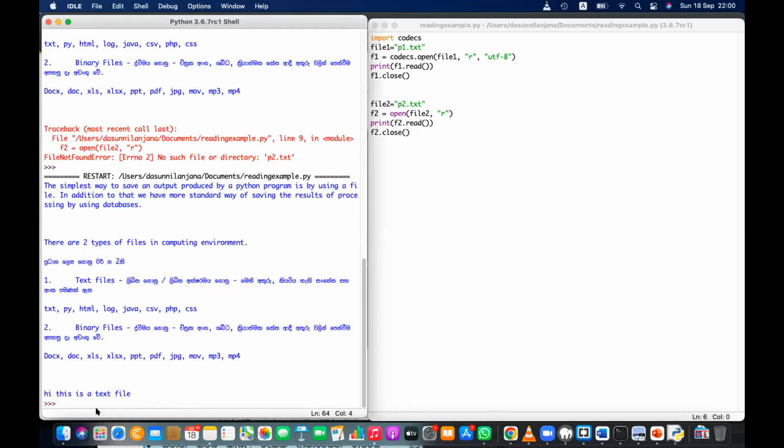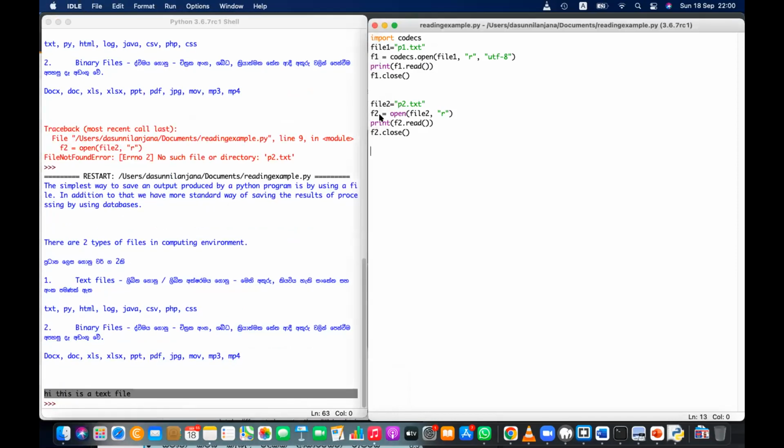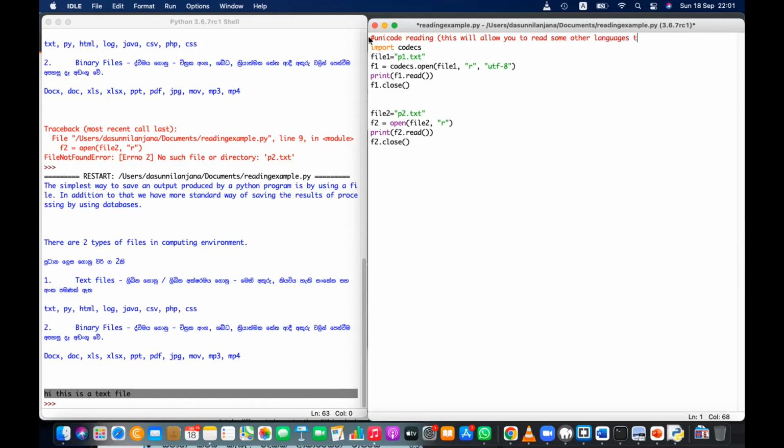And this is normal, this is a text file. It's a normal reading. This is Unicode reading. This is normal reading. So let's write that in your book. Unicode reading: this will allow you to read some other languages. Normal reading: